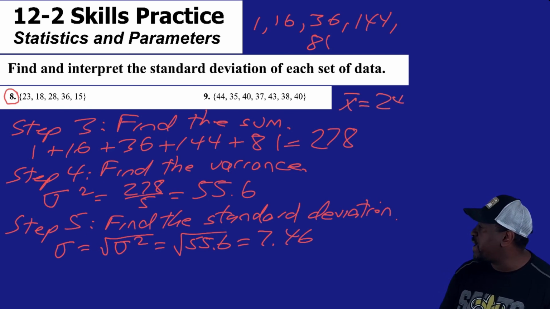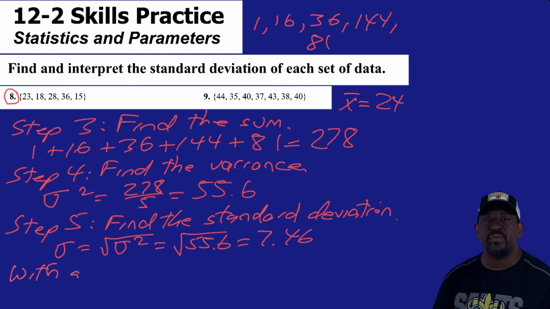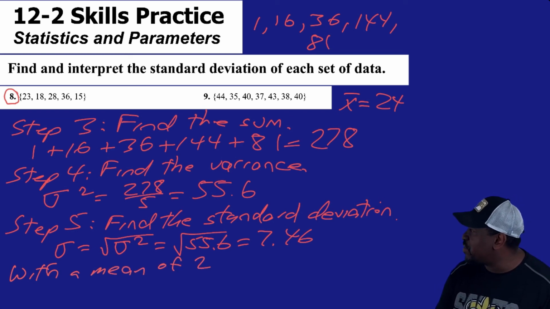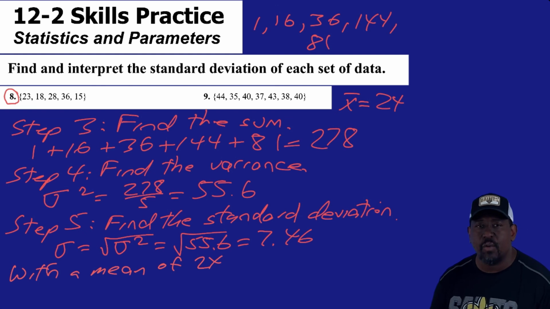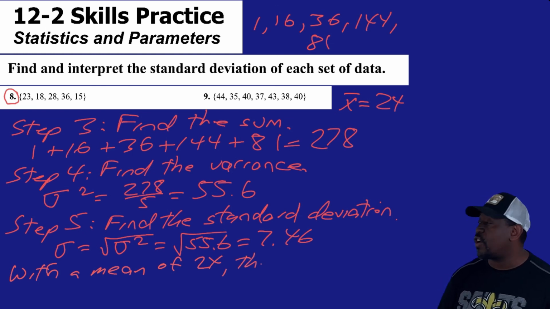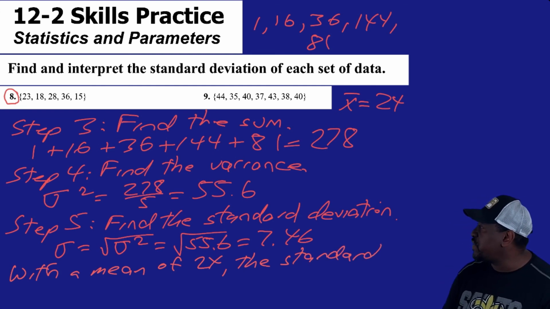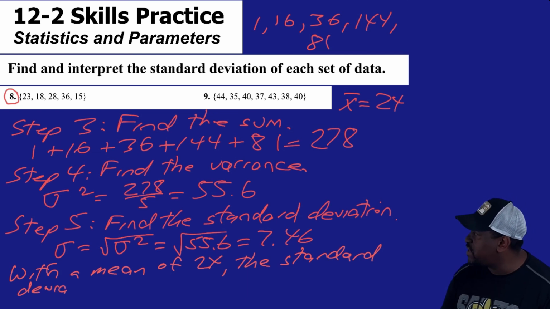And so we have to interpret that answer like we did in the last example. We write down our mean value, which is 24. The standard deviation is 7.46 in relation to the mean, so it's a good bit away from it. The way we would interpret it is, with a mean of 24, the standard deviation of 7.46